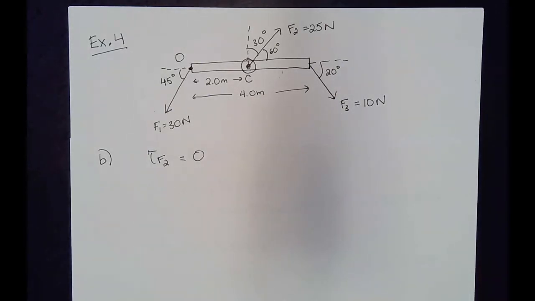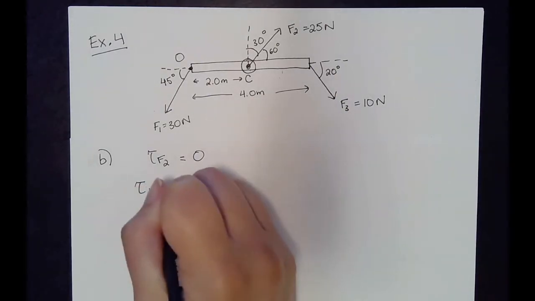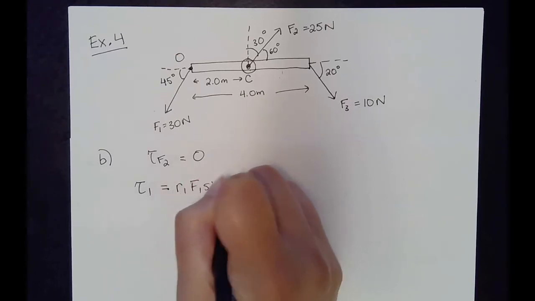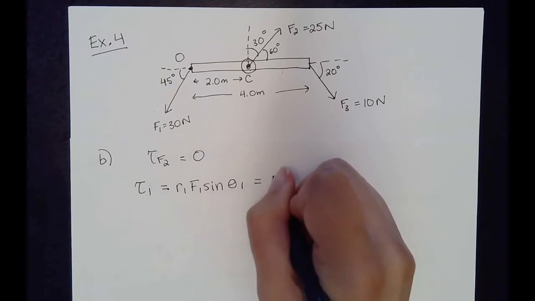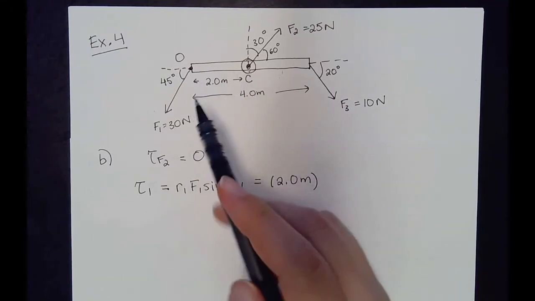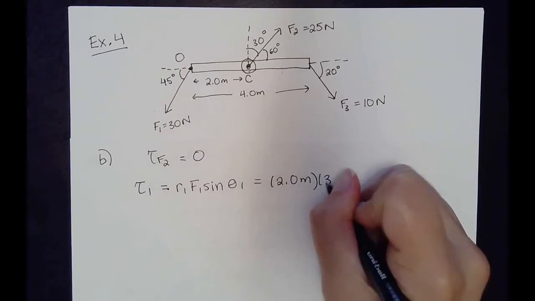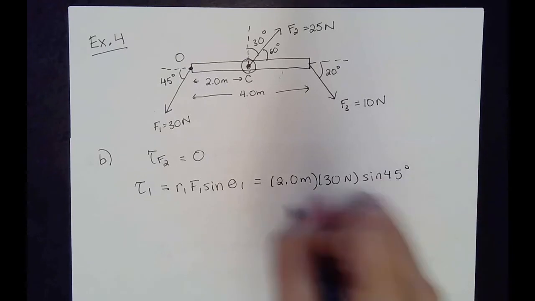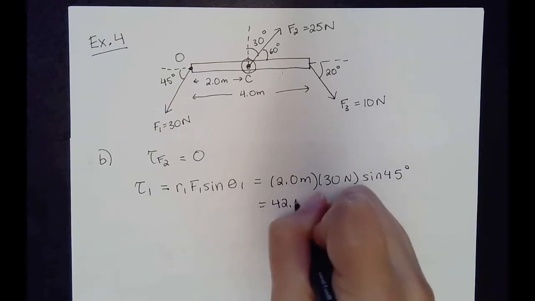So torque 1 is going to be positive. Torque 1 will be R1 F1 sine theta 1. So 2 meters is the distance from the point to the force times 30 newtons sine 45,